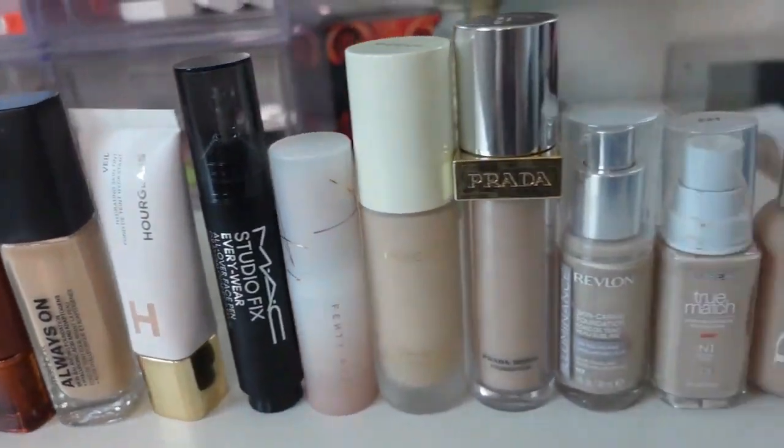It switches back and forth usually between blush, eyeshadow, and foundation, my 3 favorite makeup categories, probably a lot of people's favorite makeup categories. But 51 foundations is just too much for me to have in my collection. I recently did a makeup declutter, and I will link that up in the cards, where I went through my whole collection and I decluttered, breaking some of my makeup into 3 different categories: keep, declutter, and then I made